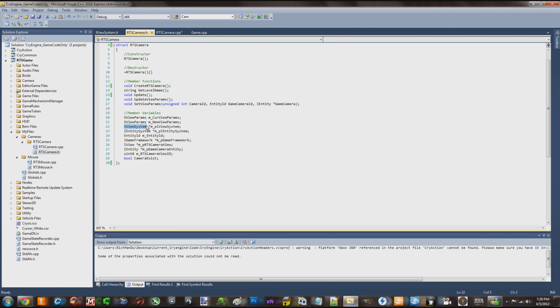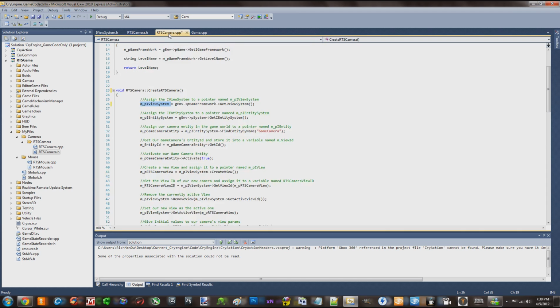So we did. In our class, we declared that we're going to have a variable called mpiViewSystem, and it's going to be of type iViewSystem. So I'm using that variable right here. I declared it, now I'm defining it. I'm saying, hey, that pointer mpiViewSystem equals iViewSystem. Get it? So the getiViewSystem function is returning a variable of type iViewSystem, which is the view system, and it's being stored into the pointer that's part of the class